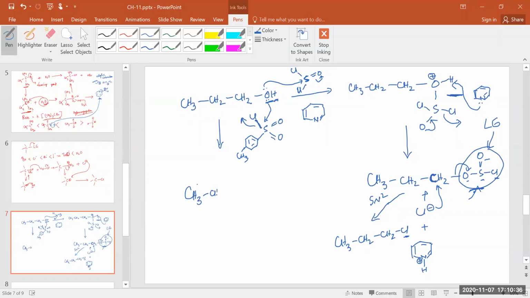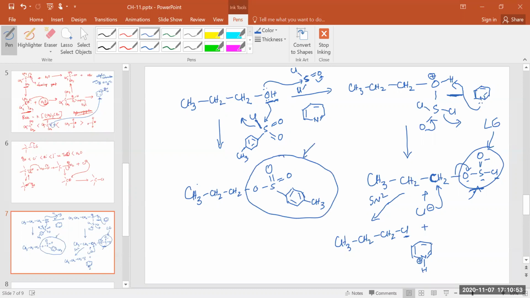So this will make CH2CH2-O-S with a toluene group. Here you see so many electronegative elements. This as a whole is a leaving group, and it is called TOS, the tosyl group. So these are the reactions of SN1 and SN2. In the next part, we'll talk about the